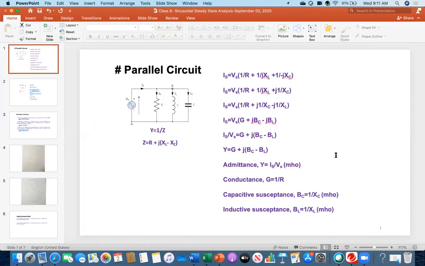So far I have discussed the series circuit for AC, and we discussed the impedance for resistance, capacitance, and inductance, all with respect to the series circuit. But today we will be looking at those components in terms of a parallel circuit, and then you will be able to solve all the homework problems.